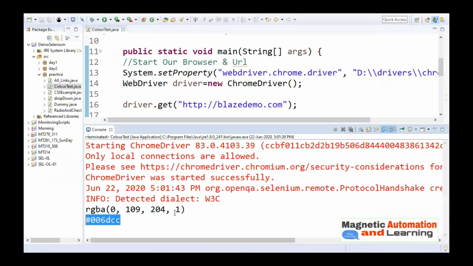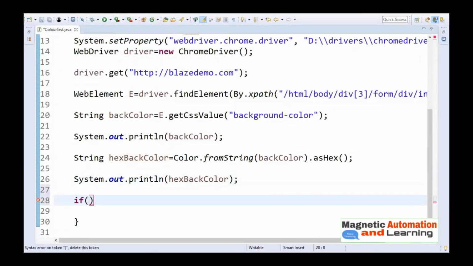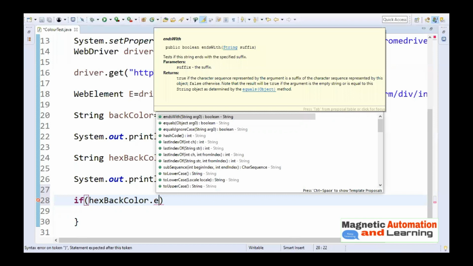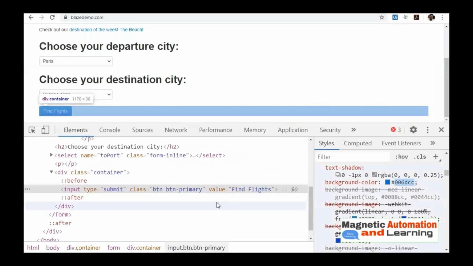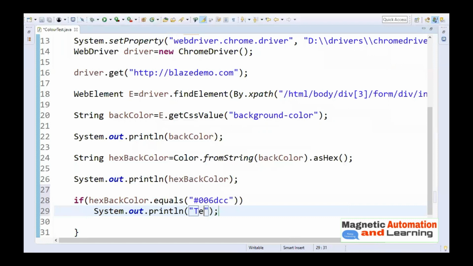So here you can have the if and else also. If hexBackColor equals this, I'll just copy this, and the hash also. Test pass, test for Find Flight passed.